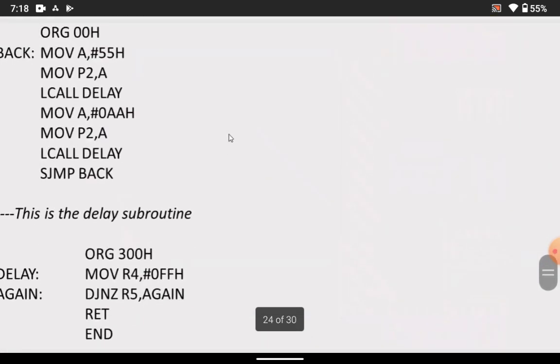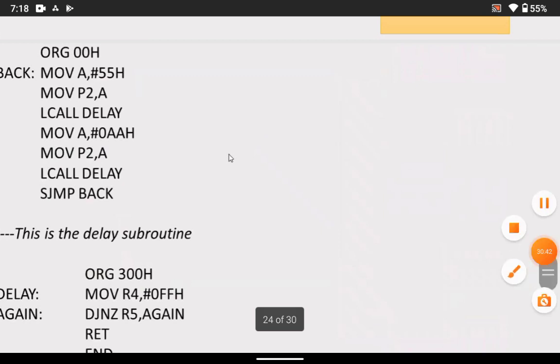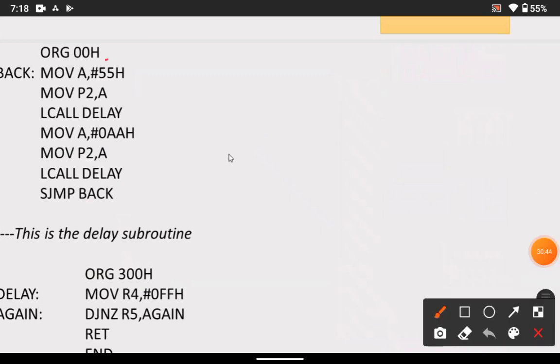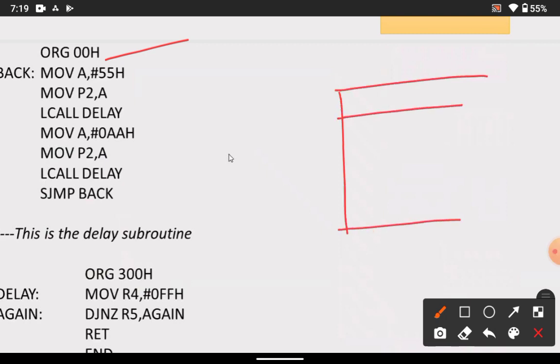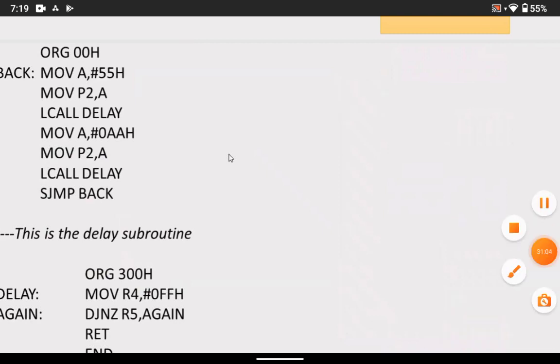Here one program is given. We'll analyze this one. ORG 00H, as I just showed you in the memory window, means that from address location 00H the program will be placed. Now MOV A, #55H.